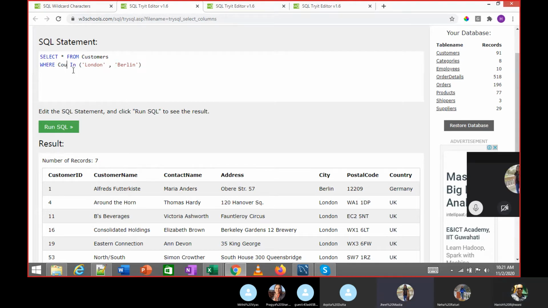When I was writing for UK and France, I couldn't get it because I just wrote where country is equal to France or UK. You can't write it that way. Country equal to France or UK won't work that way. That is not the syntax. The syntax is incorrect, no? SQL is structured in a certain way, so you have to put it that way only.